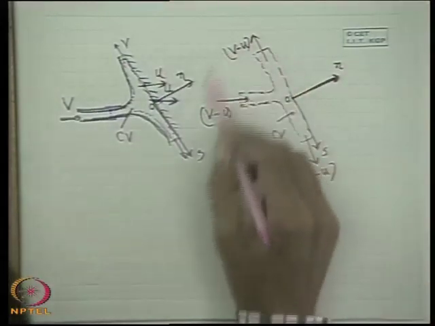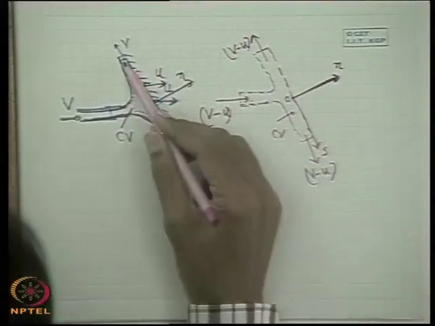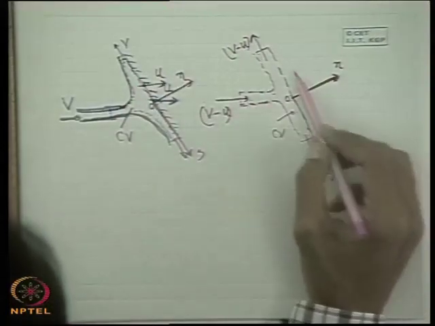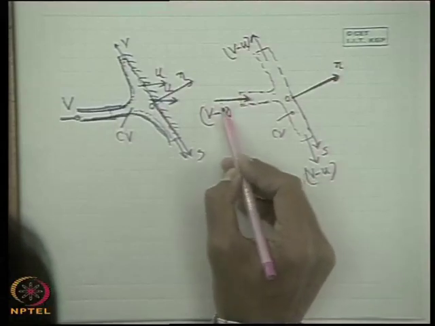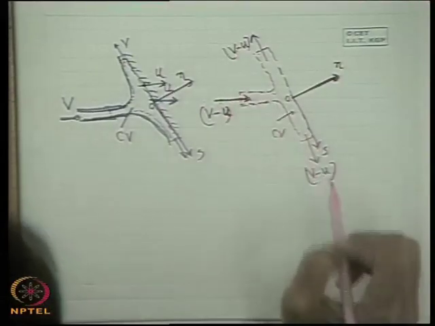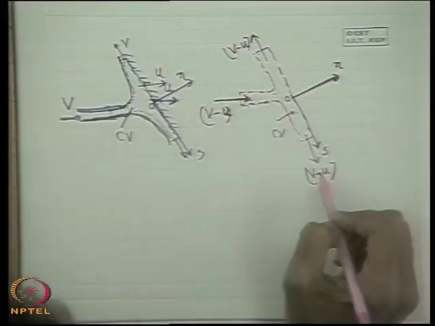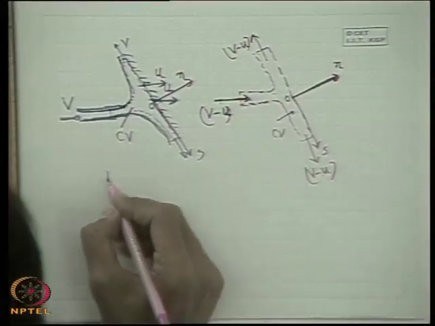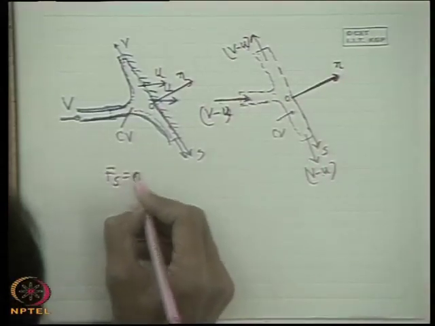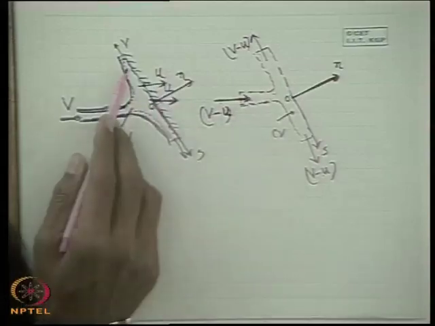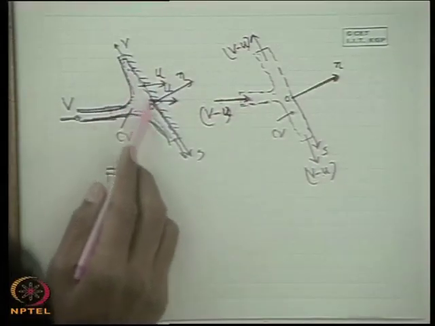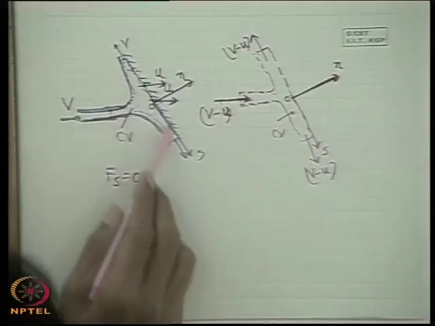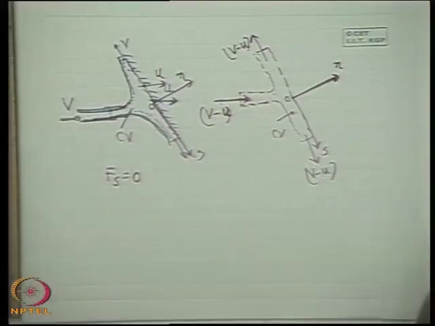That means the entire problem is now scaled to a static plate problem, or a static control volume problem, where instead of the actual velocity V, the fluid is coming with V minus u and leaving with V minus u. So in that case we can write Fs is as usual 0, because even if there is a motion, the relative velocity will be 0, and because the fluid is frictionless there is no force acting in the S direction. Alright, any problem? Please ask.